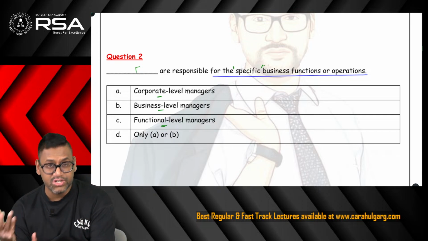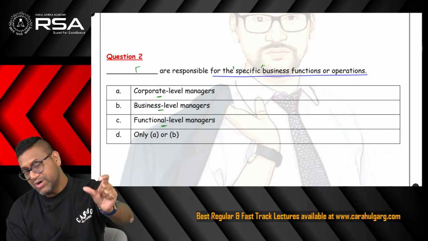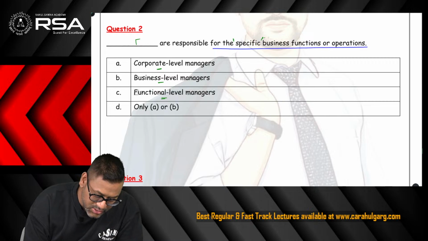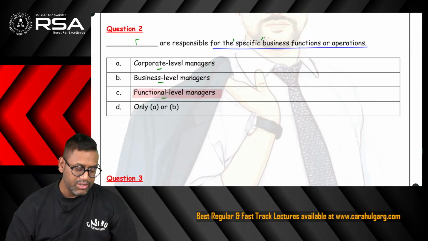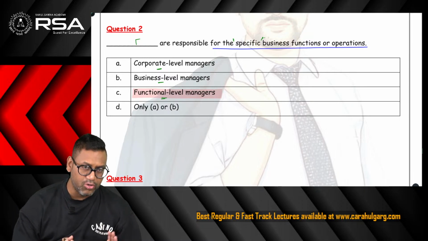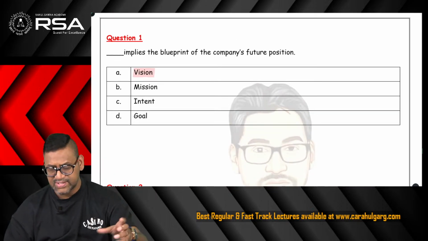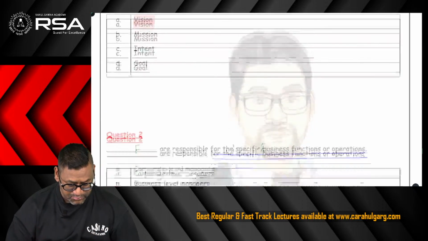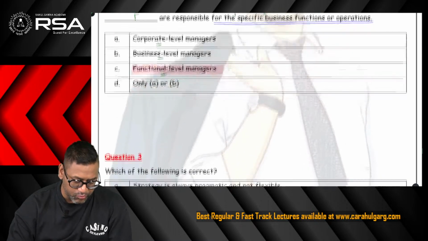If I'm talking about the production function, so production manager, means the manager of that particular function shall be responsible. Accordingly, the perfect answer to this MCQ is functional level manager. So even in the examination, we can take a pause and rethink whether we are correct or not. Sometimes it may be possible that immediately reading you will get the answer that yes, this is the right answer, but still in the examination condition, it is always preferable that we give a rethought so that we don't make any mistake.